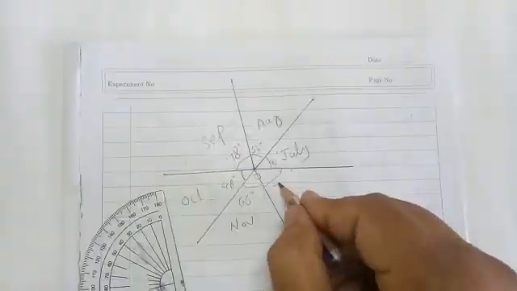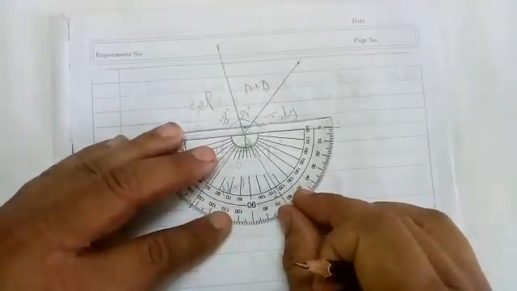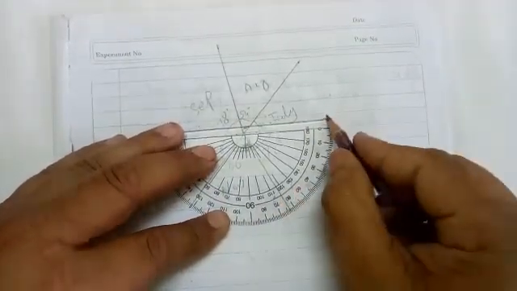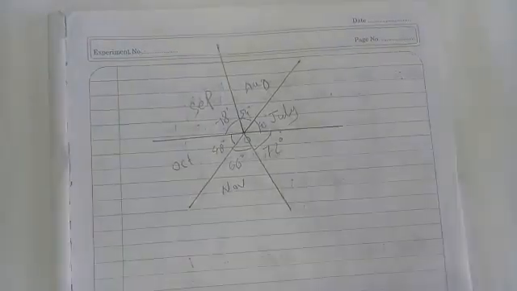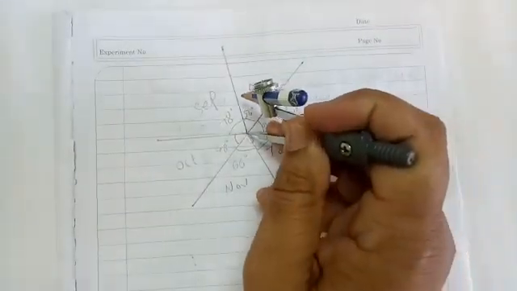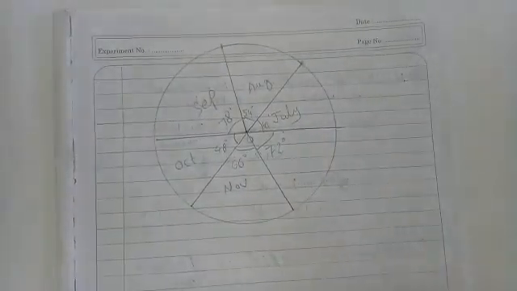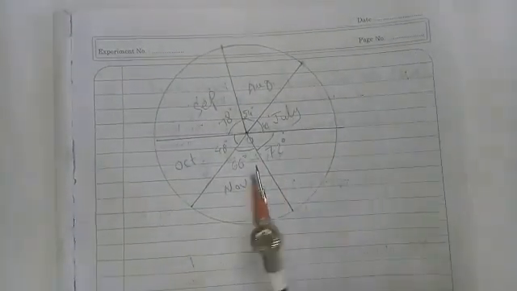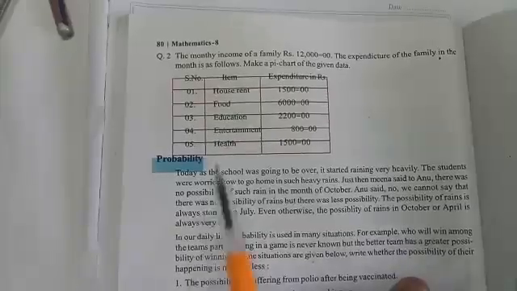Then December, what was the last? It was 72. No need of drawing. You can see over here, you place it and you count. It is coming 72. That is the pie chart. You take your rounder, you place it and take one radius and draw a circle. This is a pie chart of the marks obtained by a student, Geeta. Is it clear? Now question number 2.